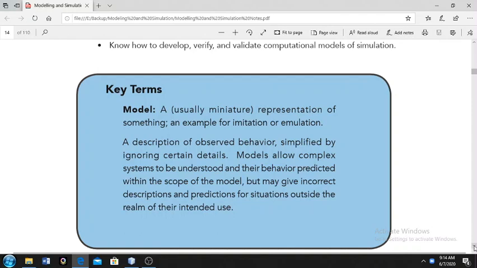It simplifies the understanding of the reality. So a model is something subjective. It is not objective. So it is why sometimes it can give incorrect description and prediction for situations outside the realm of their intended